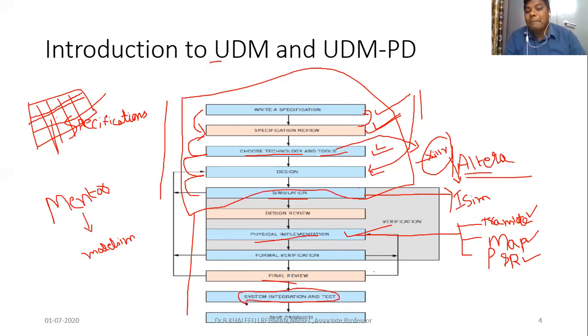We require a bit file, a bit stream file. We have done the physical implementation for translate, map, and place and route. Now we have to test the system in the hardware, whether all the gates are working properly or not. Whatever logic we have written, whether that is working or not. For X and Y inputs, whether they are getting the A, B, C, D, E, F, G outputs or not, that we have to test. Not in a simulation or synthesis process, we have to connect one physical hardware and test that one. For that, we require a bit file.